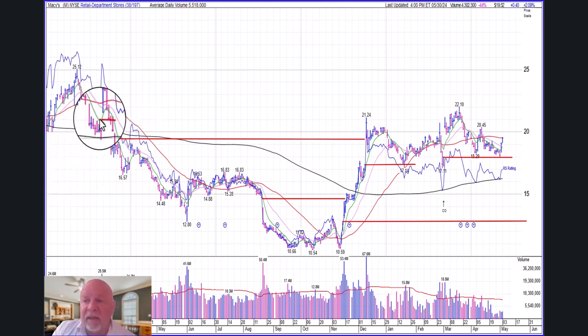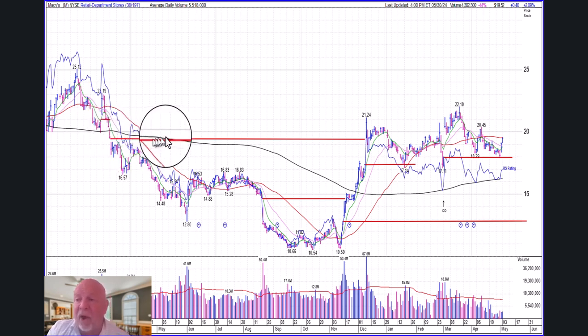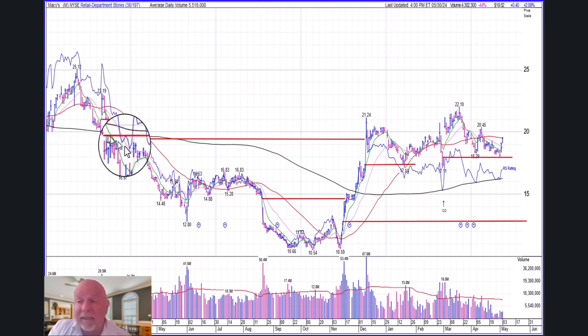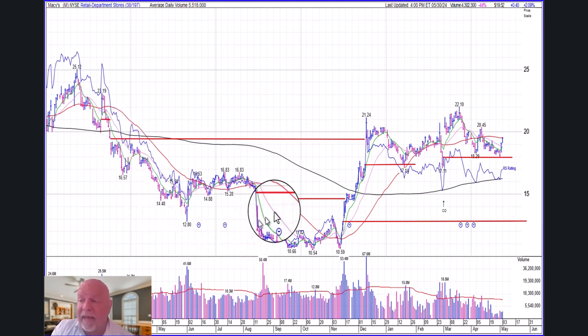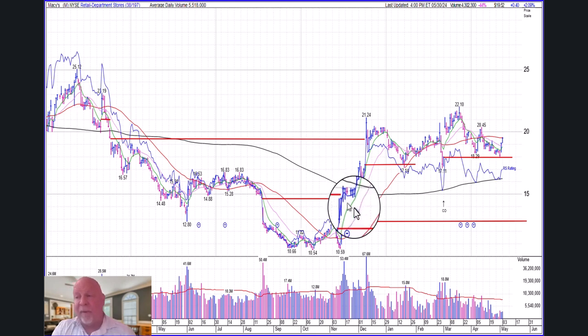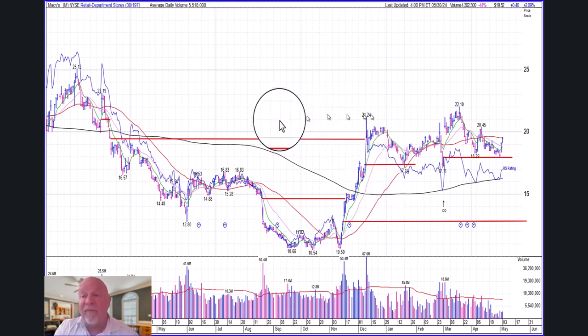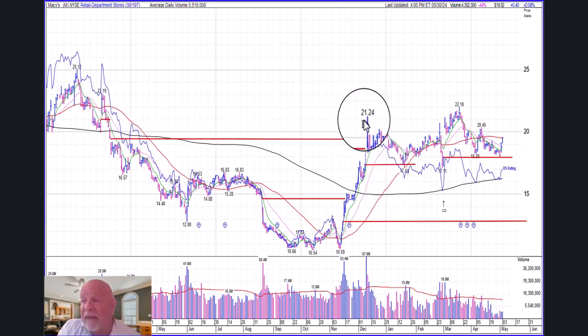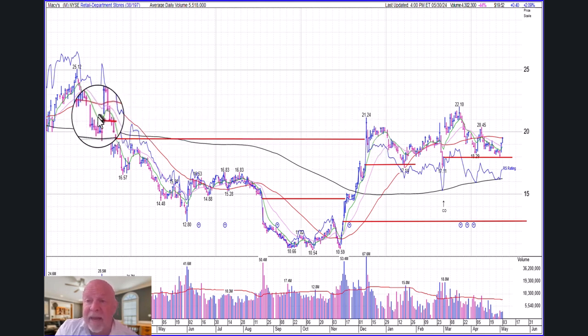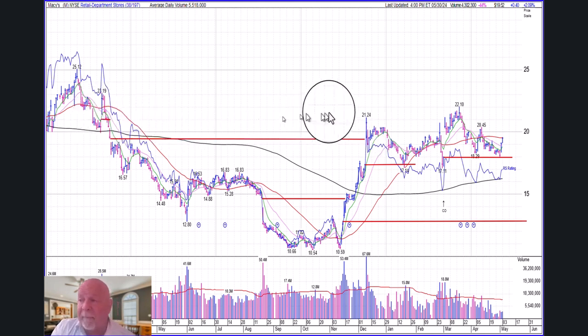So here's a little tiny gap up on Macy's, and it got filled 4 or 5 days later. Then we had a gap down here, and look at how long it took for that one to get filled. That was months and months and months. And in that period of time, we had another gap down, which took weeks to fill, but they both got filled. In fact, all of them got filled. Even that 21.24, if you draw the line, it fills that prior gap on the chart.